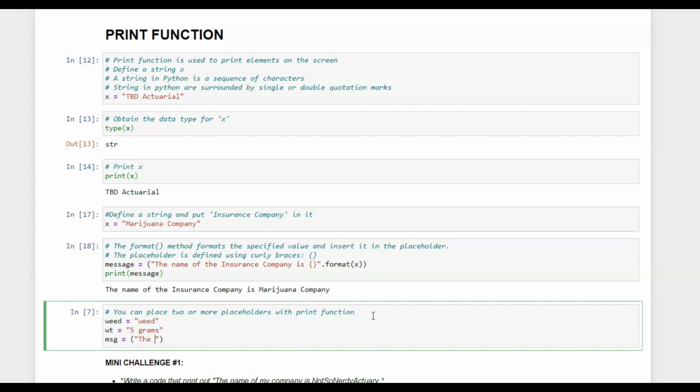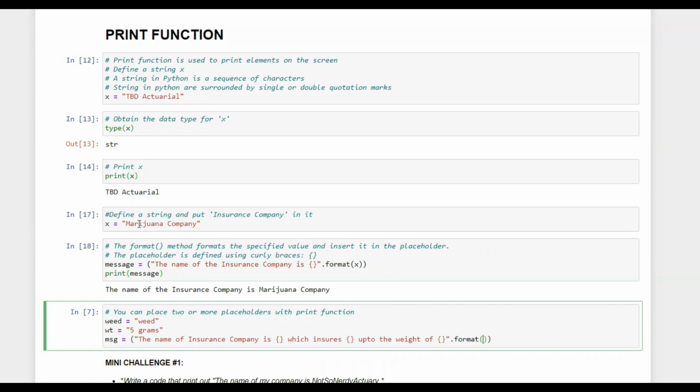The name of the insurance company is X, which insures something up to the weight of something. Now, in sequence, we will format all these.